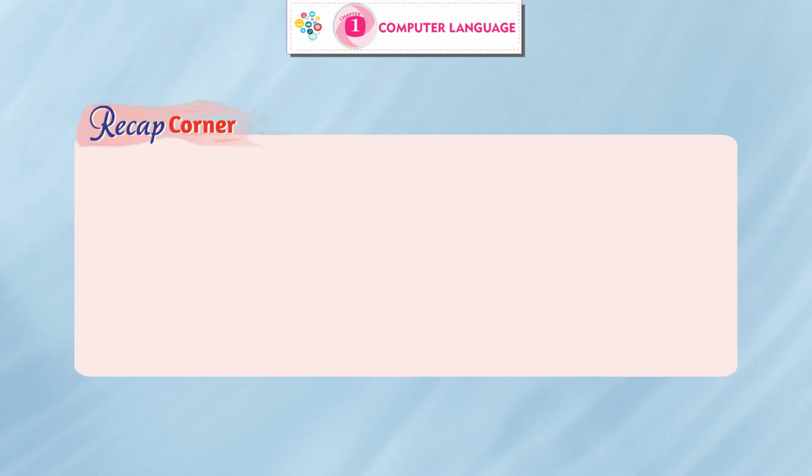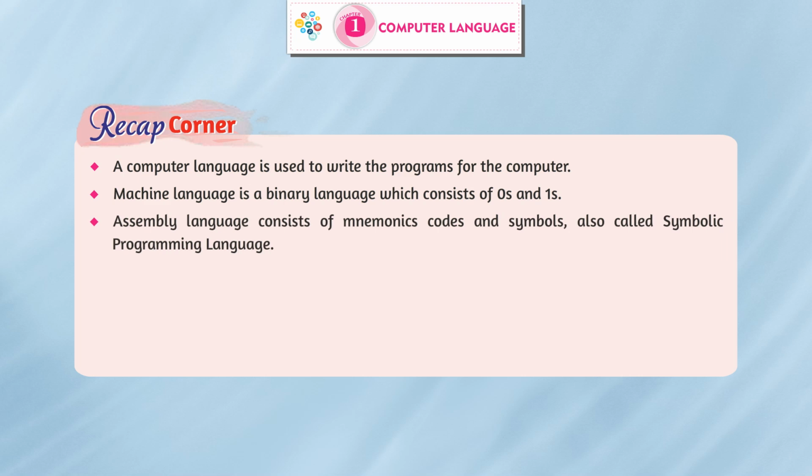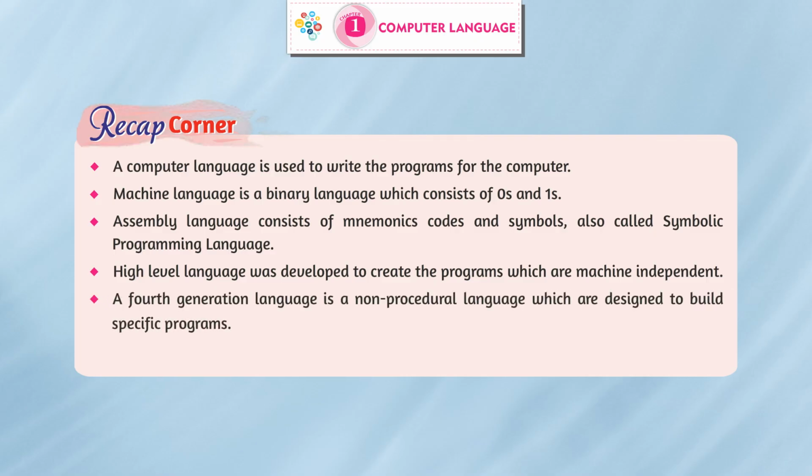Recap corner. A computer language is used to write the programs for the computer. Machine language is a binary language which consists of 0s and 1s. Assembly language consists of mnemonics, codes and symbols, also called symbolic programming language. High-level language was developed to create programs which are machine-independent. A fourth-generation language is a non-procedural language which is designed to build specific programs. Fifth-generation languages are mainly used in artificial